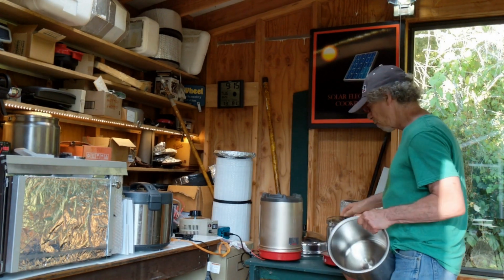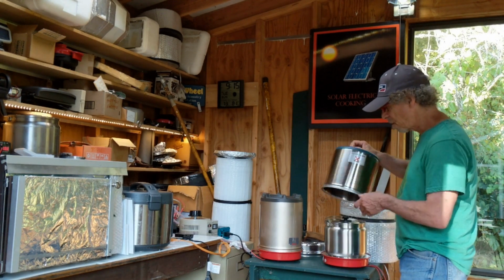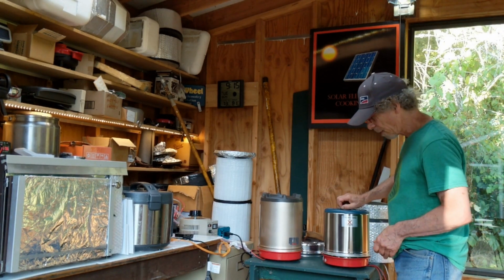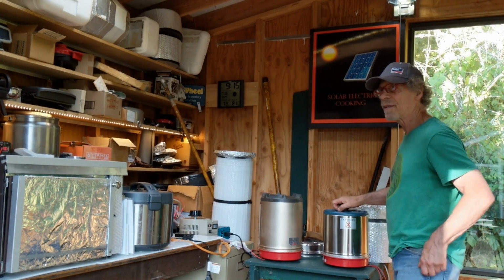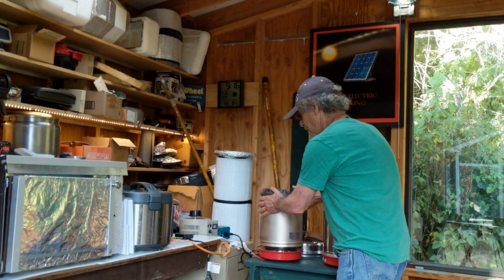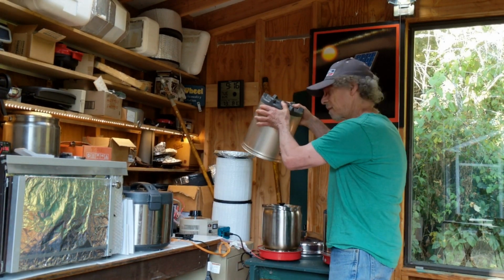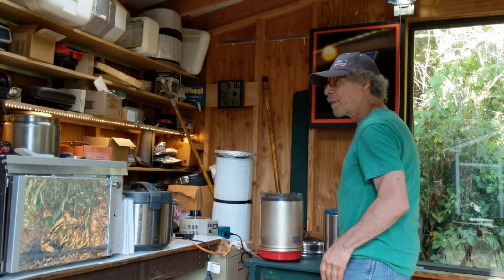And so you can use a hot plate, and then you put this over the top. And when it comes to a boil, you shut off the power, and it cooks itself. Sure. And then this is a larger one. Oh yeah, yeah. This particular